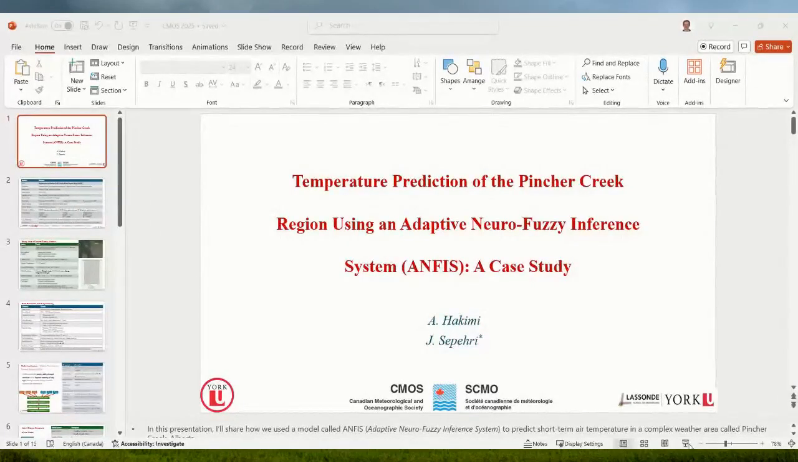Good morning. My article is the temperature prediction of the Pincher Creek region using an ANFIS, adaptive neuro-fuzzy inference system, a case study, and we are working on the